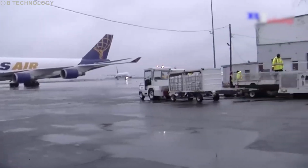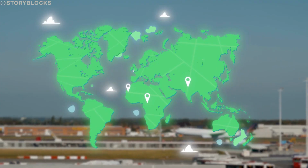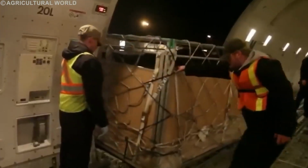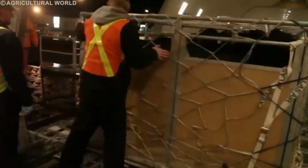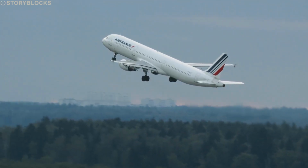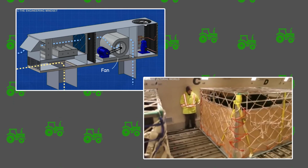Now on to air travel. Flying cows may seem a bit odd, but it's a practical way to transport them over long distances or to remote locations. The cows are usually loaded into specially designed containers within the aircraft's cargo hold. To ensure the safety of the cows during the flight, these containers are equipped with ventilation systems and a comfortable